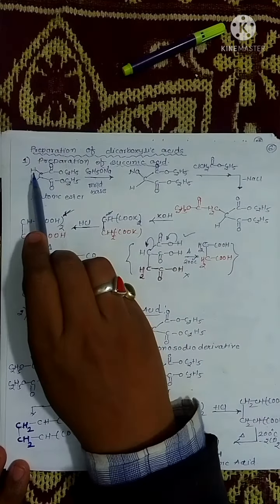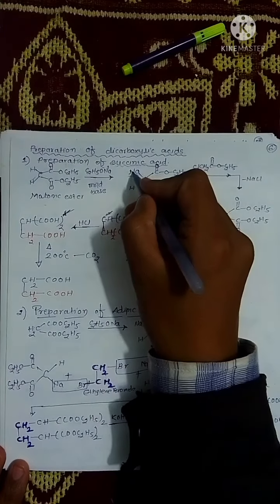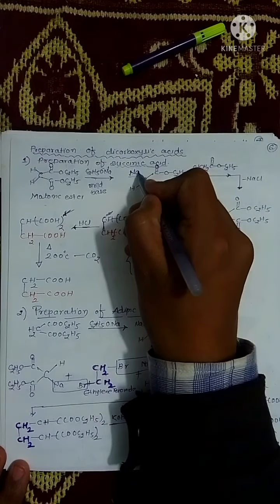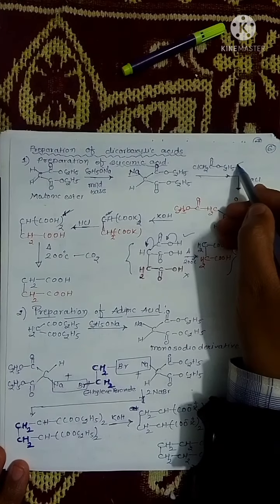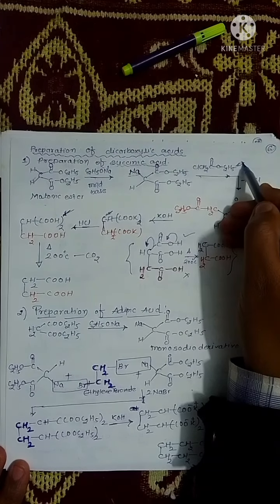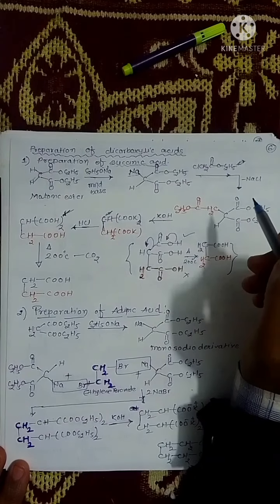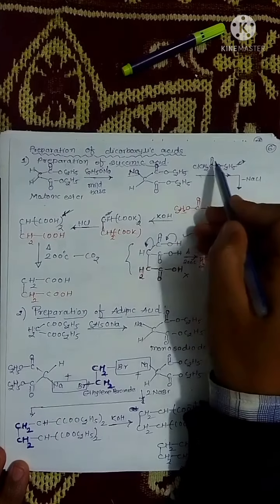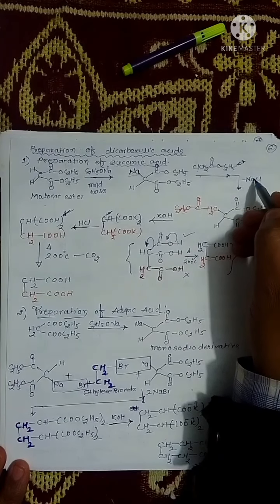One of the hydrogens is replaced with a sodium atom, and now if we add the ester of chloroacetic acid, what is going to happen? This Na reacts with Cl and NaCl goes out,